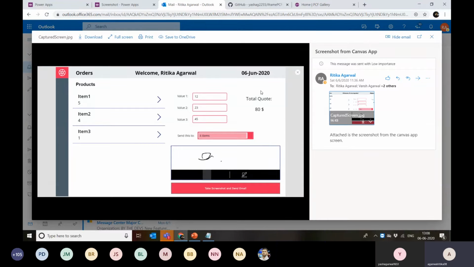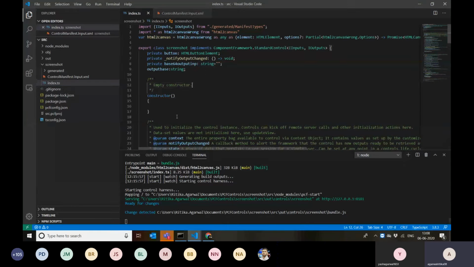If I'm not using this component directly, the steps that I need to follow are: first I'll have to take a screenshot, then save it, and then send that in an email individually. But here we can select the email IDs, and with that we can directly send this picture as an email. So let's quickly see how this PCF looks.